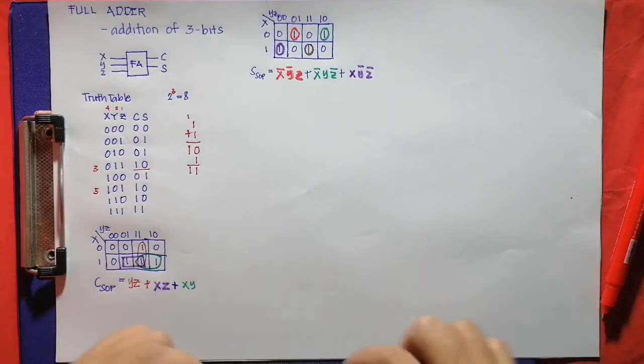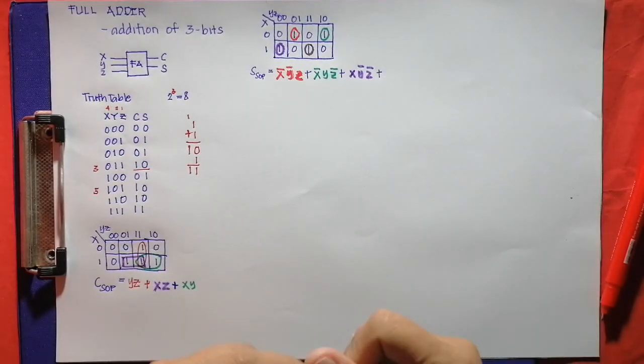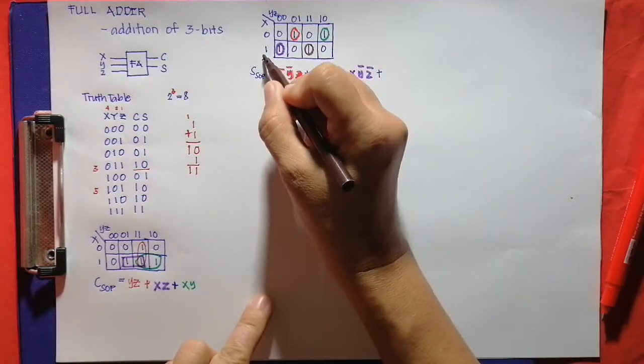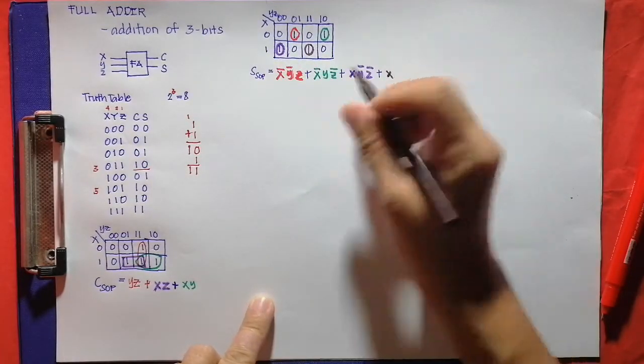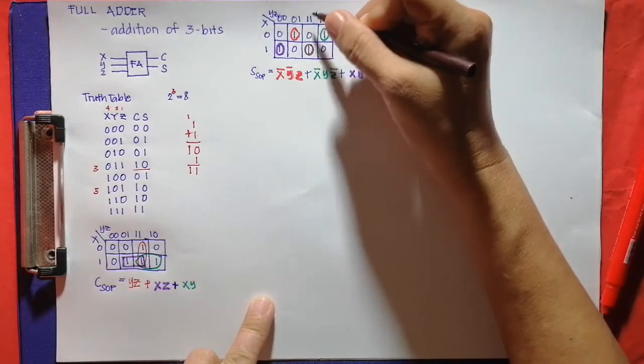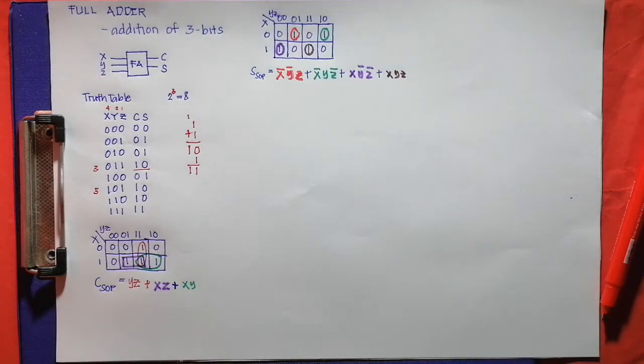Then for the brown group, we have 1 there, so therefore that is X. 1, 1, so both are 1, so X, normal. 1, 1, therefore that is Y, Z. Okay, so we can now design